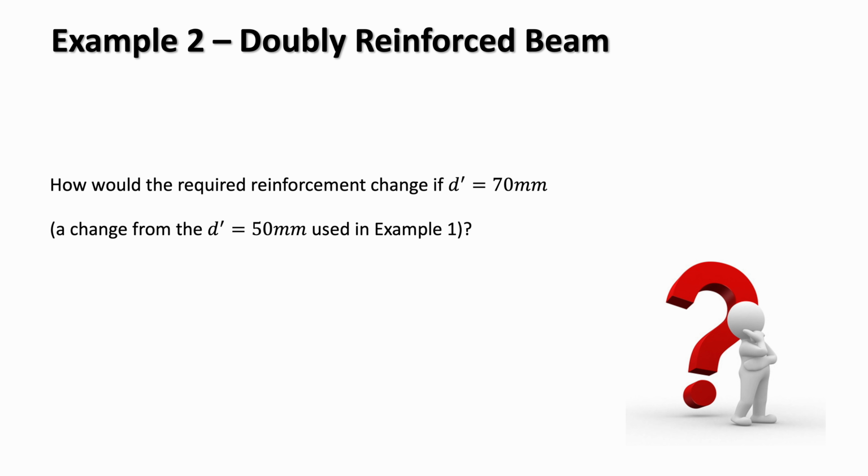However, before we finish, let's explore how the doubly reinforced design responds to a change in the compression steel position. Everything else in the beam remains the same as in example 1. The only difference is that the compression steel is now placed at an inset of d2 of 70mm instead of 50mm. Our aim here is to see how this affects the required reinforcement. By increasing d2, we reduce the lever arm for the compression steel, and that has a direct impact on the amount of compression steel and tension steel needed. We'll use exactly the same steps and equations as before, but with this new value, d2, to see how the